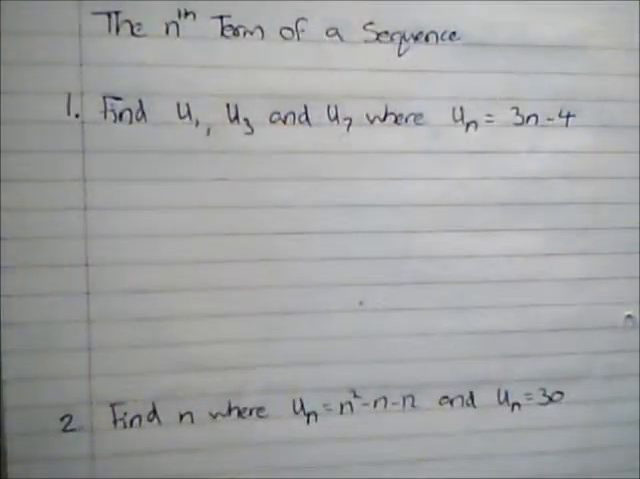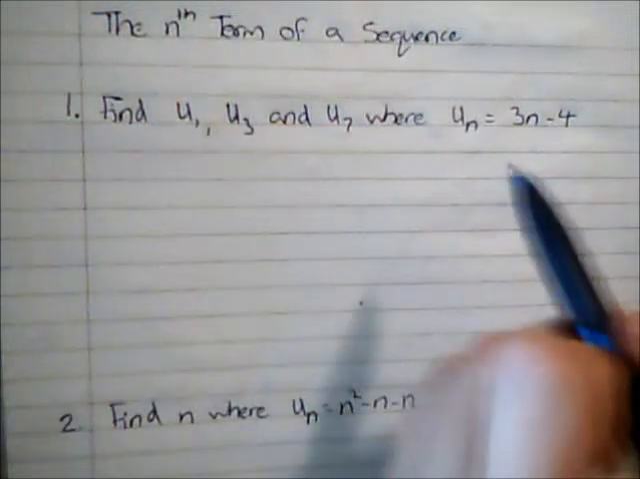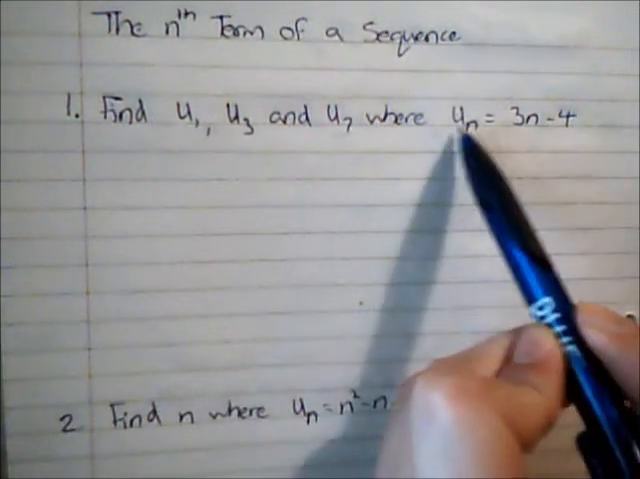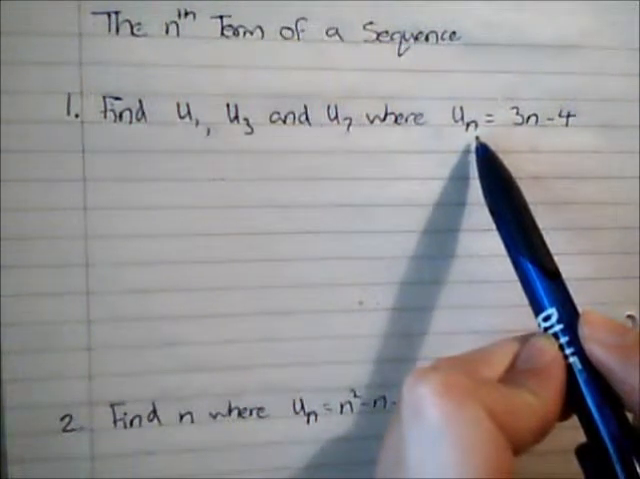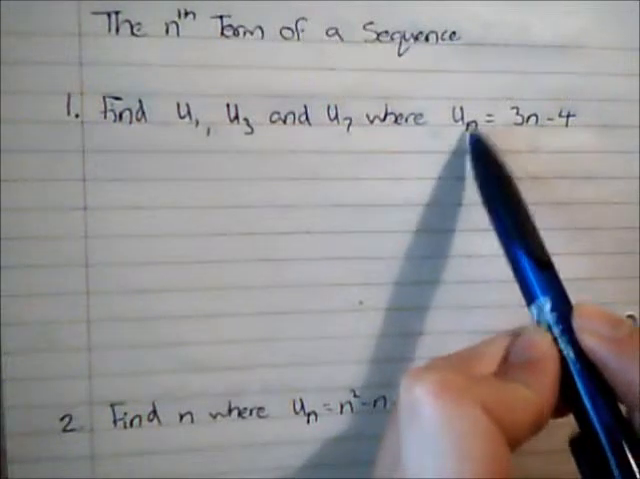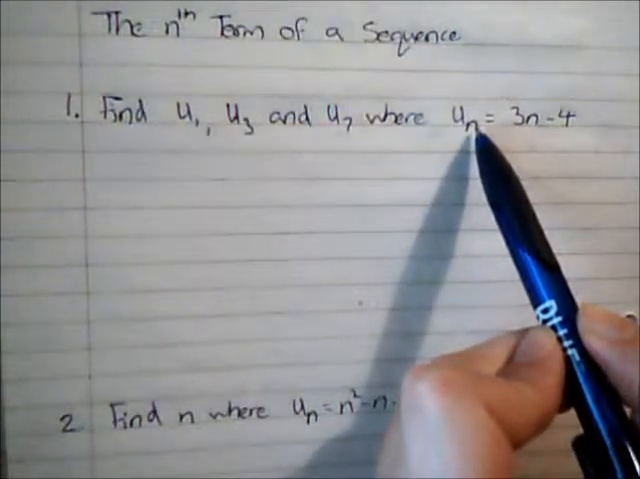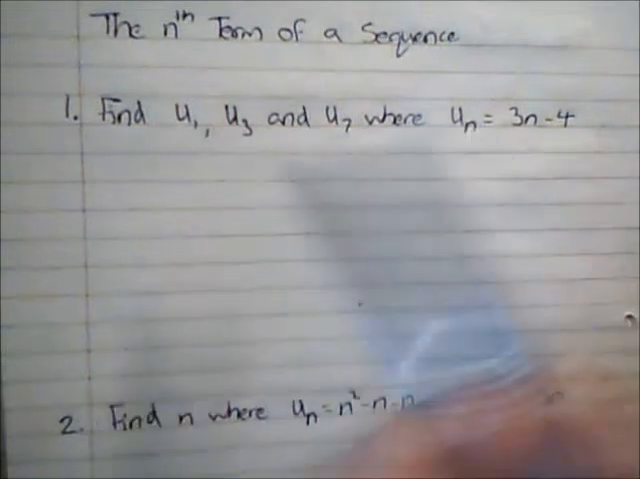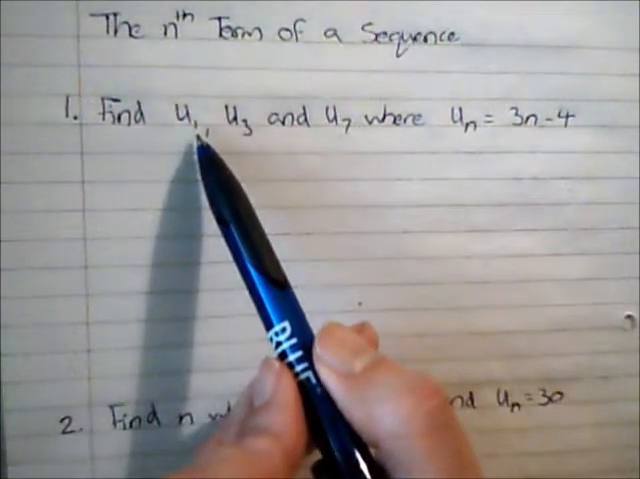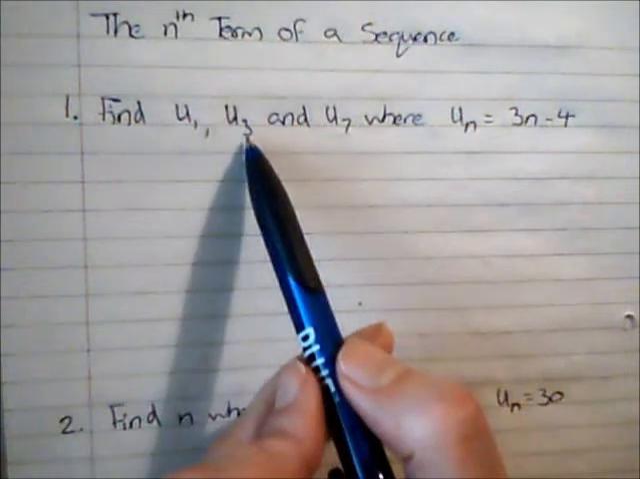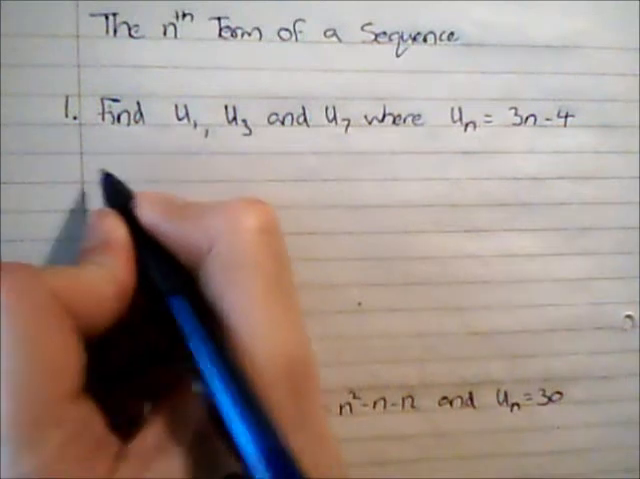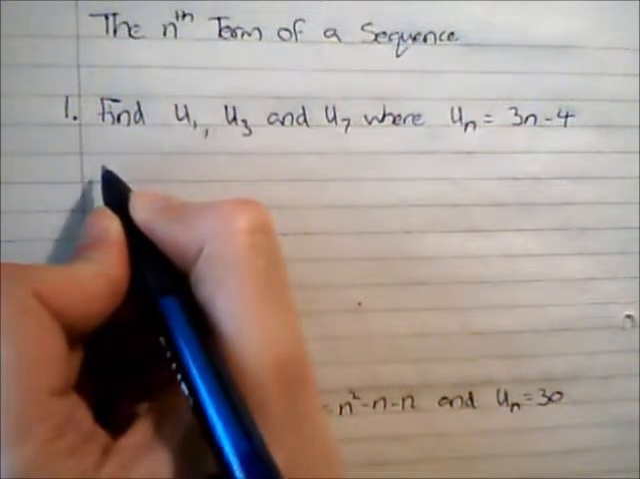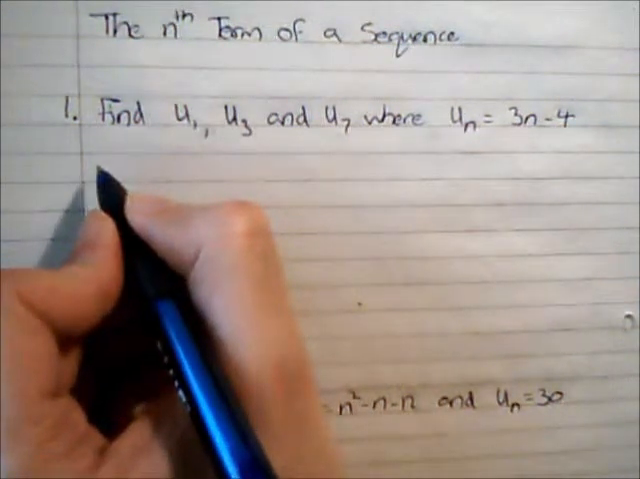In this video we're going to look at the nth term of a sequence. So the notation used here is we use un to represent the general value of a term in the sequence, where n is the term in question. So in this particular example I'm looking for u1, which is the first term, u3, which is the third term, and u7, which is the seventh term. And I can work out those values by substituting the term number, which is n, into this formula for the